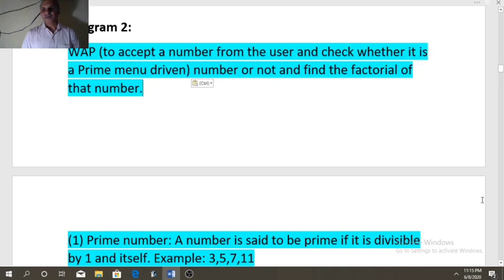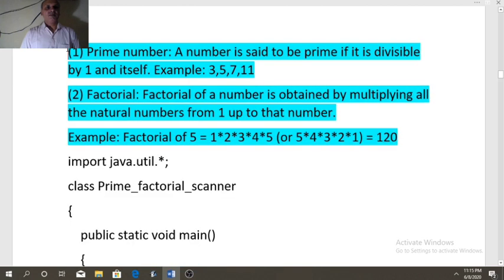Whenever you deal with programs on numbers, you don't need to learn the definition of the number. It will be given in the question, like here. A prime number is a number which has two factors, 1 and itself, and the factorial of a number is obtained by multiplying all the natural numbers from 1 up to that number. Suppose we want to find the factorial of 5.